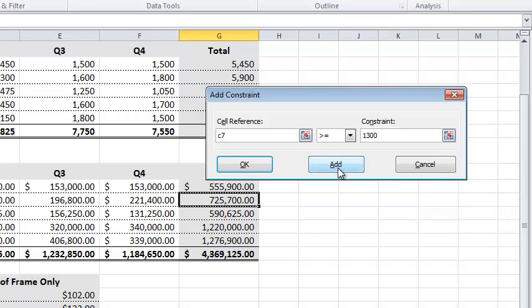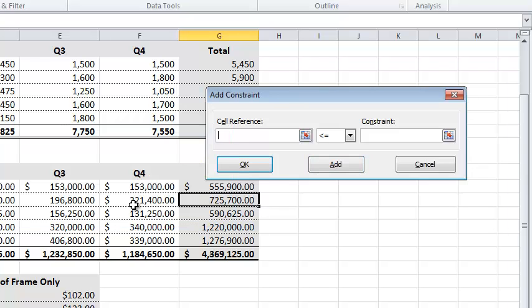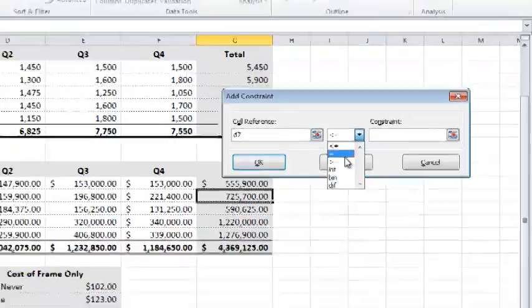And go ahead and click add. Okay, now you'll notice that that was one little constraint in there. Let's go ahead and click on add. Careful, sorry. Let's go ahead and put in D7 for this one, and then we're going to do greater than or equal to,